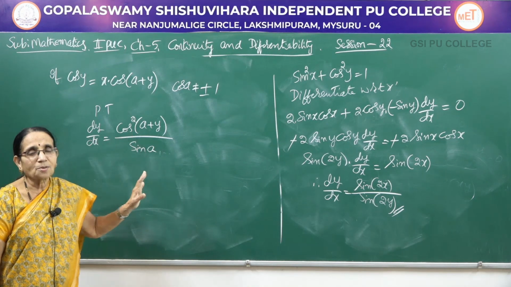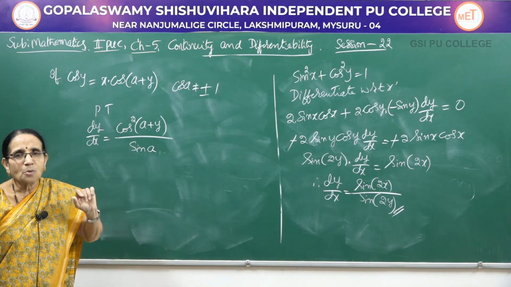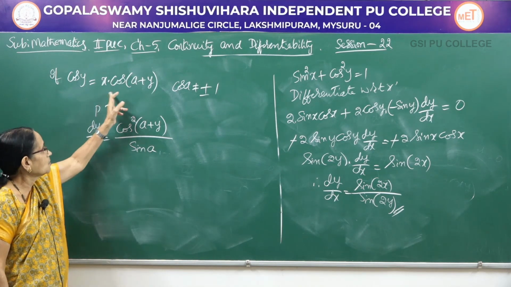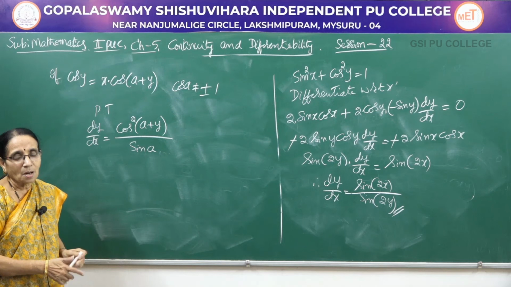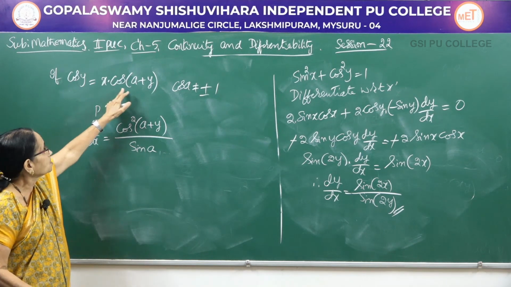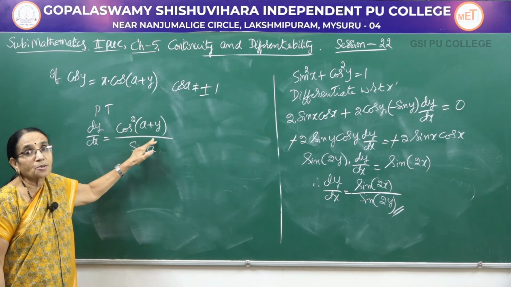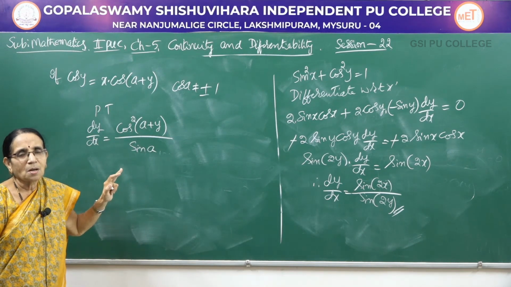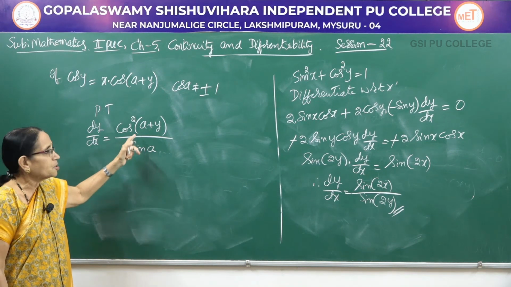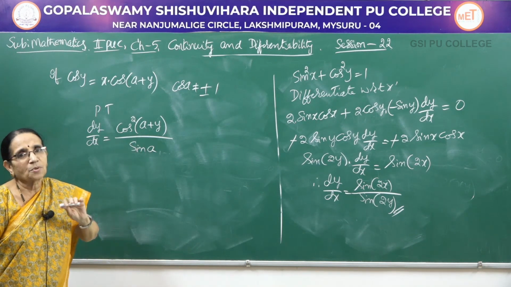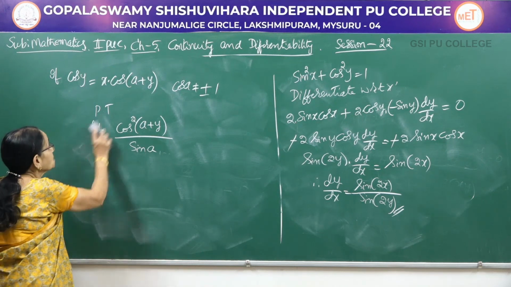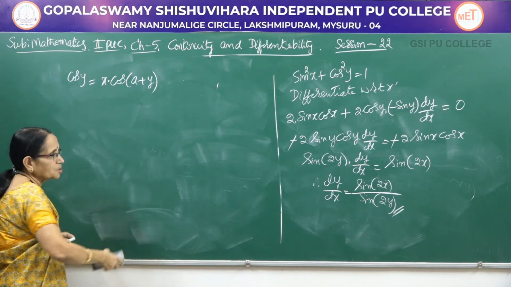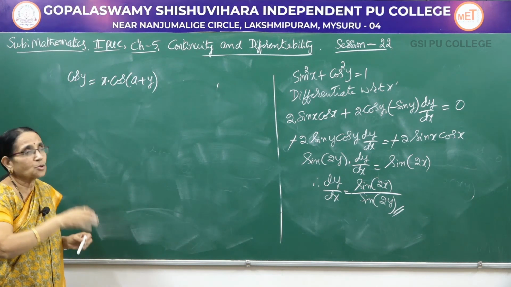So the square of a particular type comes only when the given function is in the form of a quotient. Because the answer is given like this, that gives us an idea how the function could be rewritten. Here we have a product, not a quotient. So what I do is, see cos of a plus y, but I should get cos square of a plus y. If this is in the denominator position, when you apply the quotient rule, automatically we get the square of the denominator. This is how you have to think when a particular answer is expected.